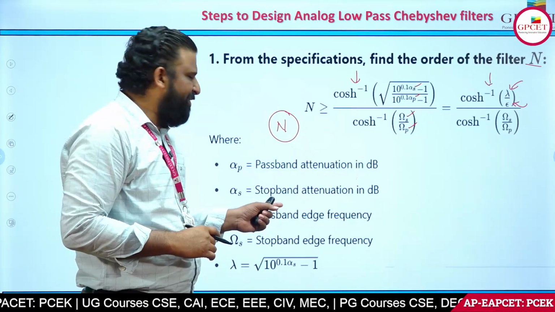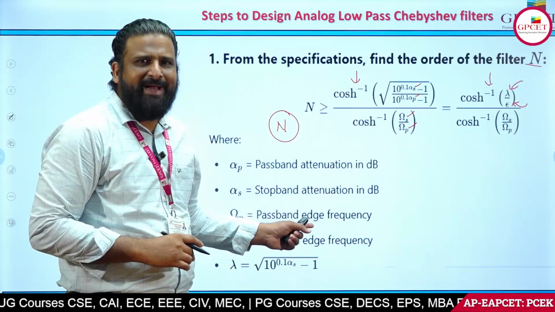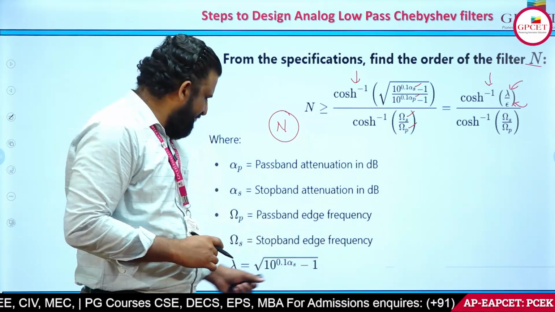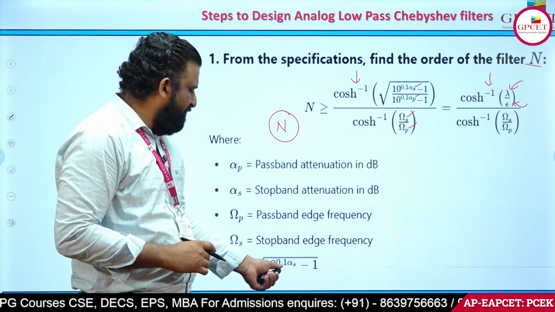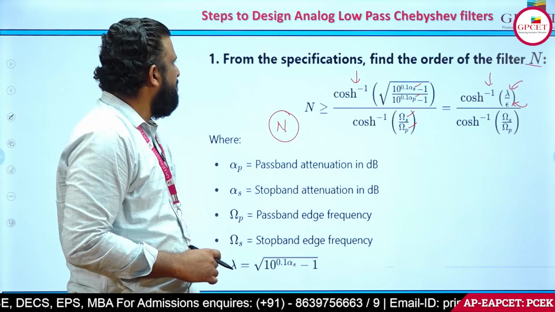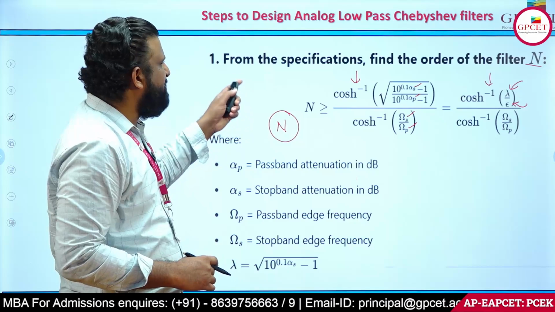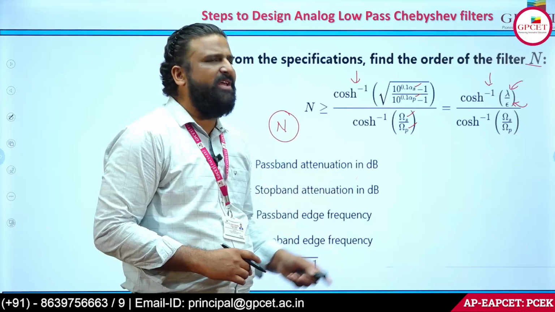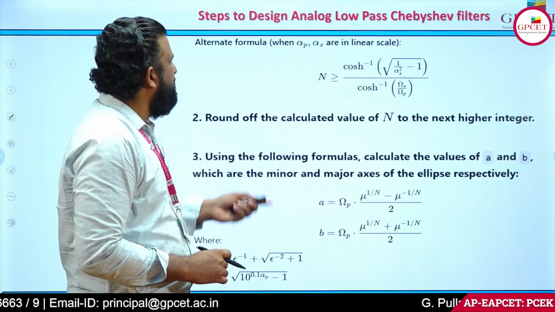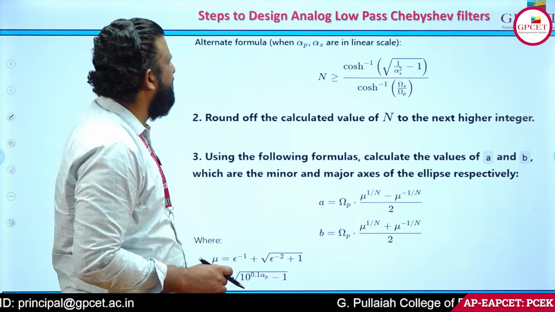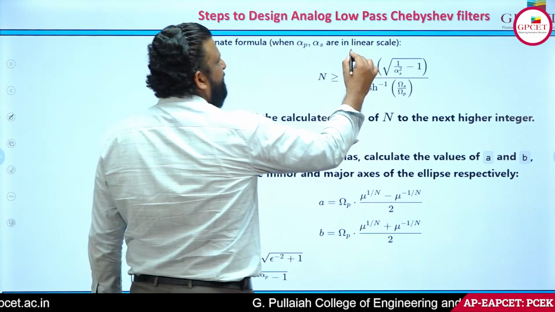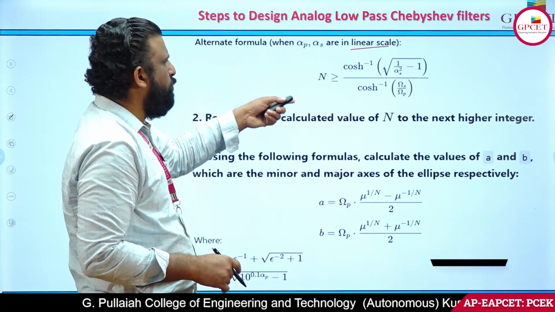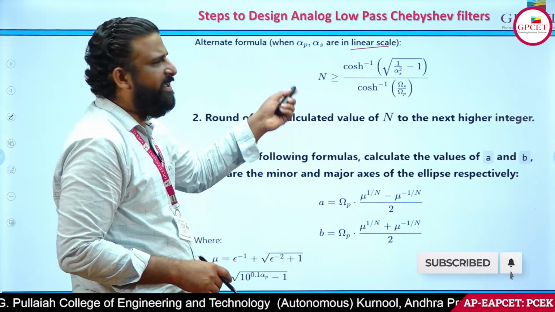omega p is the passband edge frequency, omega s is the stop band edge frequency, and lambda is equal to square root of 10 to the power of 0.1 alpha s minus 1. These are all the specifications, and in the first step we find the value of lambda and the order of the filter, capital N. Now, this is the alternate formula. If the specifications are on the linear scale, we can use this formula also. Depending upon the two formulas,